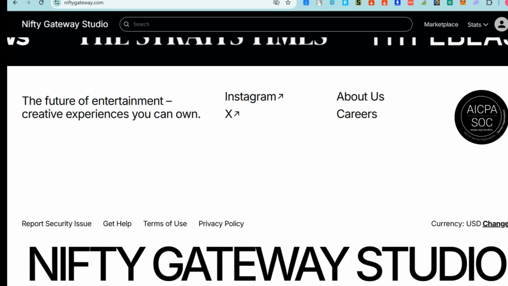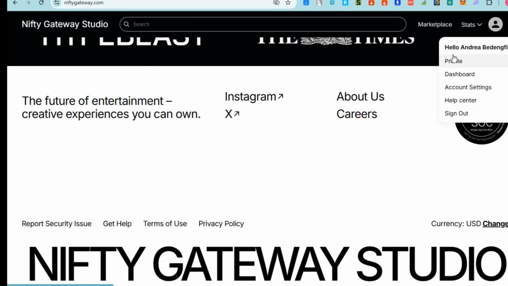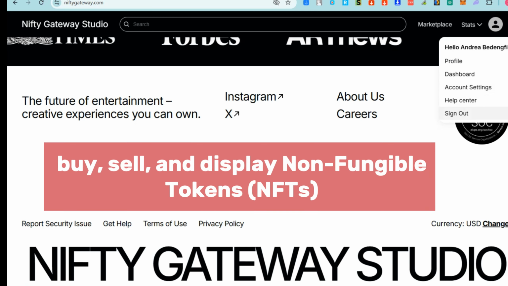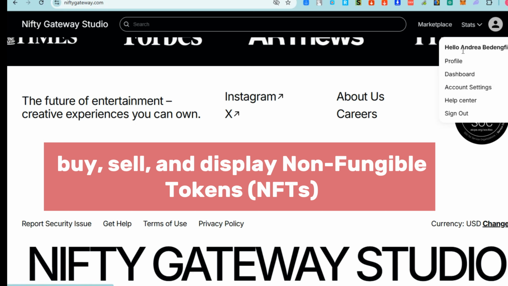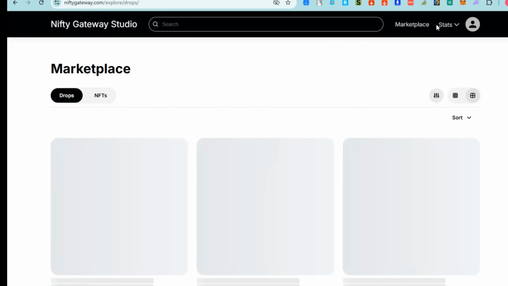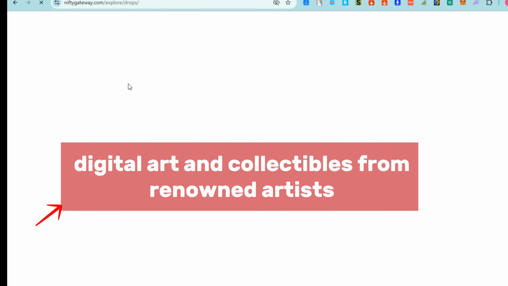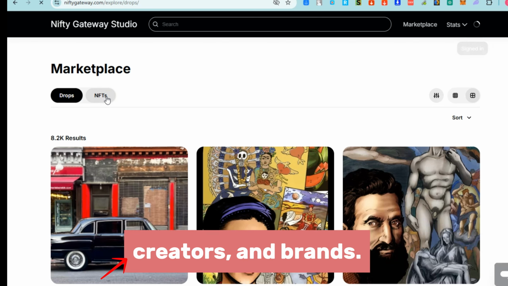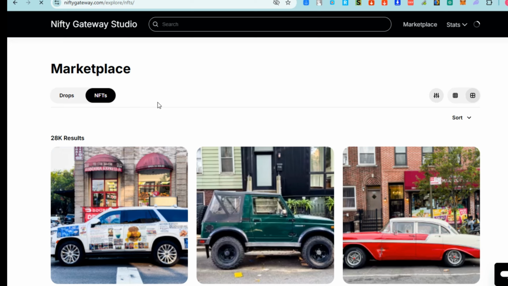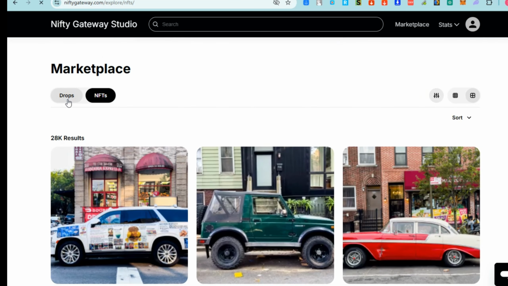By the way, for those who don't know about Nifty or Nifty Gateway, Nifty Gateway is a digital art platform that allows users to buy, sell, and display non-fungible tokens. That is what we call NFTs. So it primarily focuses on digital art and collectibles from renowned artists, creators, and brands. So you will see here curated NFT drops, fiat payment support, secondary marketplace, Nifty Gateway wallet, art display, and collection